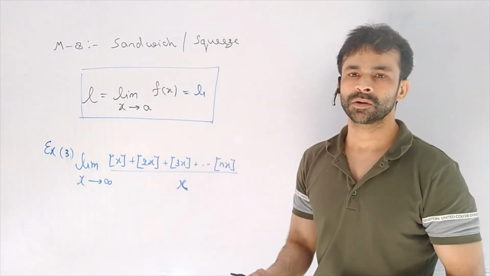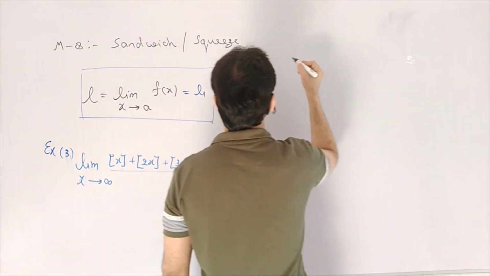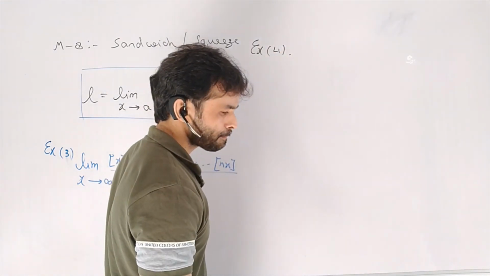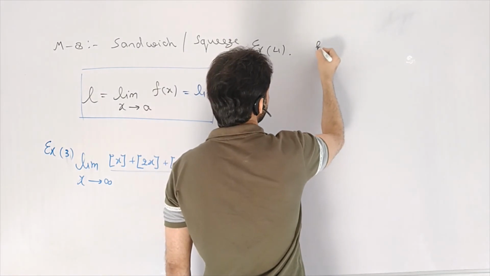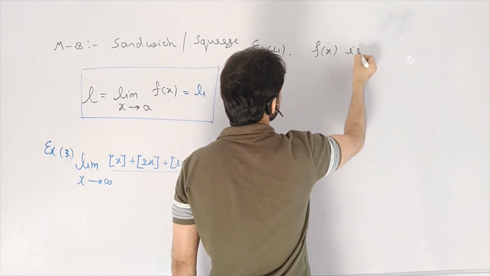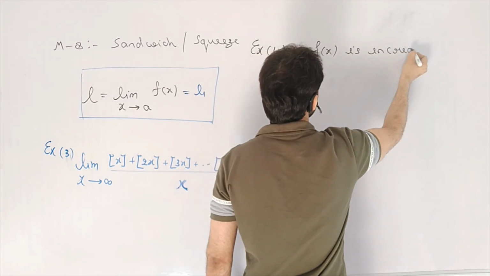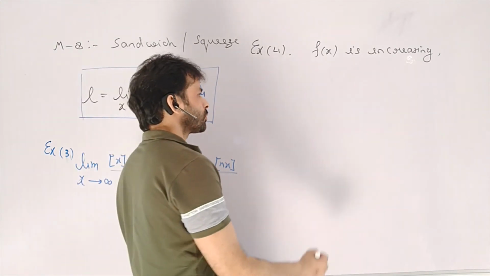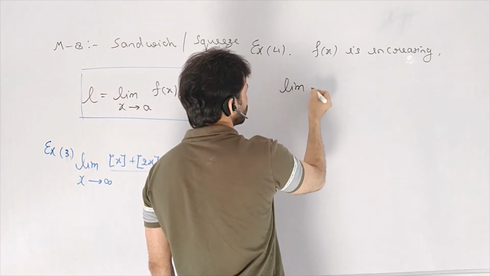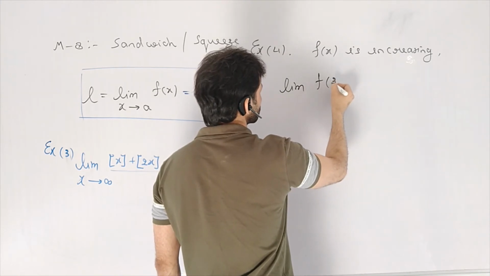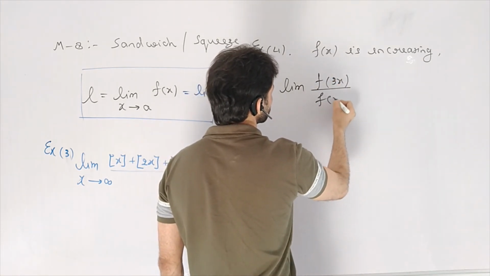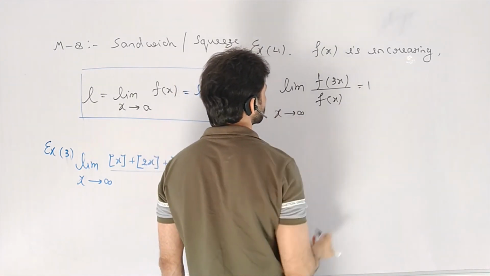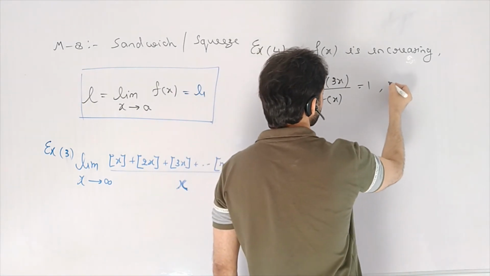So the problem was this: f(x) is an increasing function, and the limit of f(3x) by f(x) for x tends to infinity is 1, and we have to find